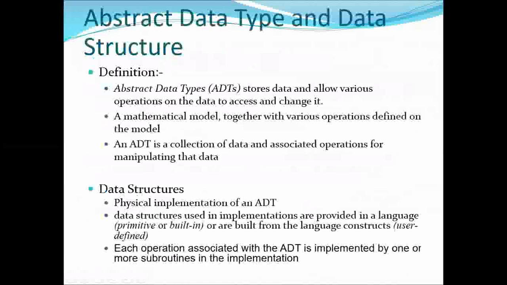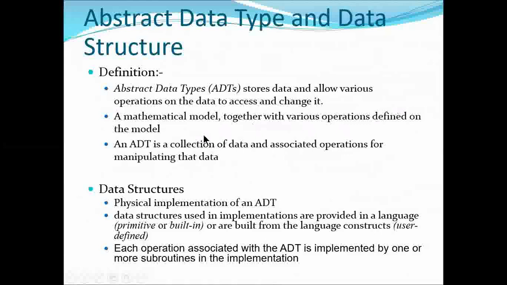Now let's move on to abstract data types and data structures. When you say abstract data types, these are types that can be defined by the user. These are user-defined data structures. Basically, we have these types as a result of instantiating an object from a particular class, or you've got a structure that you have defined as a data structure, and then from there you can come up with a type of that structure. So abstract data types, the ADTs, store data and allow various operations on the data to